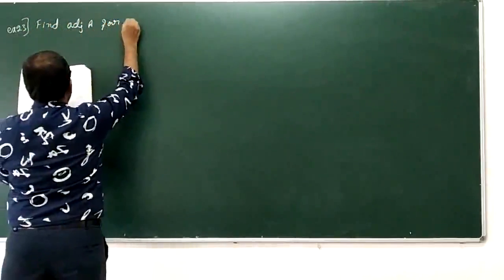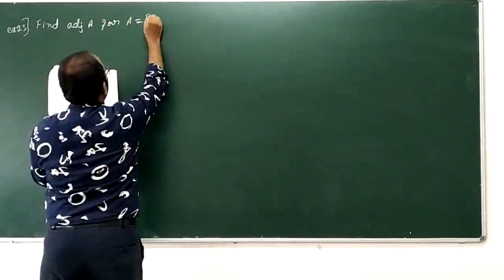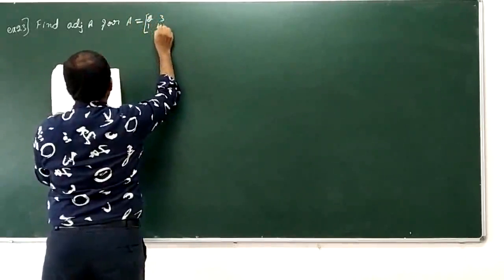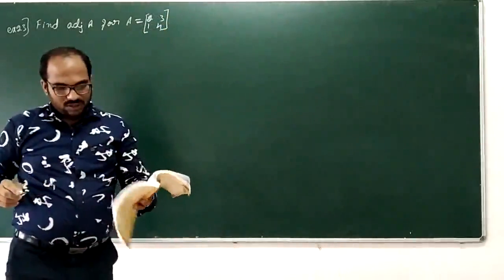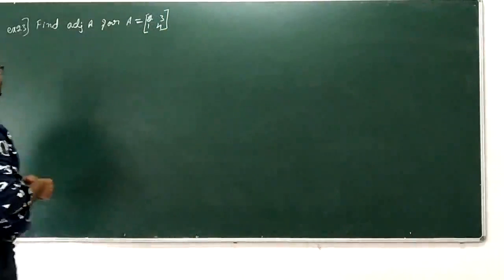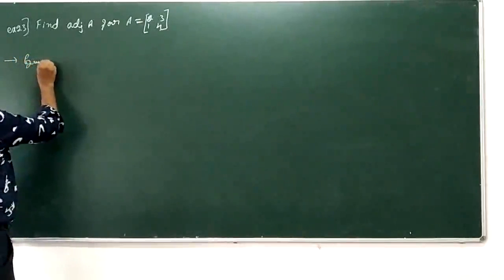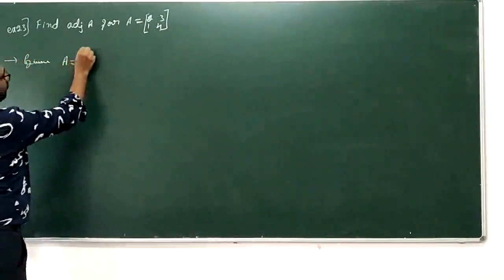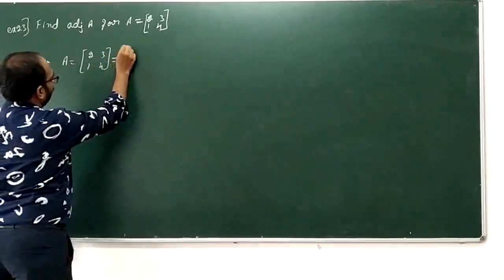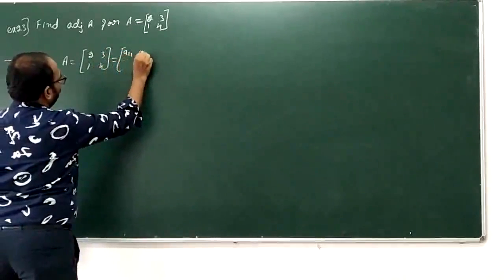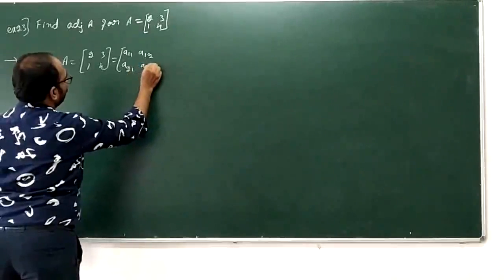for matrix A is equal to 2, 3, 1, 4. Write down. Given matrix A is equal to 2, 3, 1, 4. The general formula: A11, A12, sorry, A21, A22. Okay, now